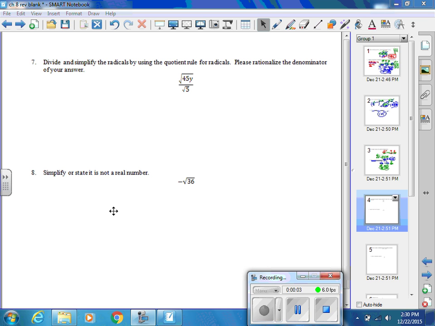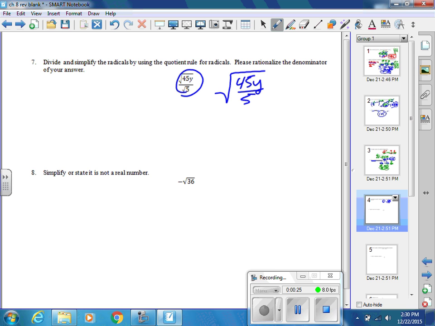Okay, I'm back again. This next problem says divide and simplify the radicals by using the quotient rule for radicals and rationalize the denominator if necessary. So, using the quotient rule for radicals, remember how with multiplication we could break it up. In this case, we could do the same thing. I could combine it, instead of breaking it up because it's already broken up, to being 45y over 5 like